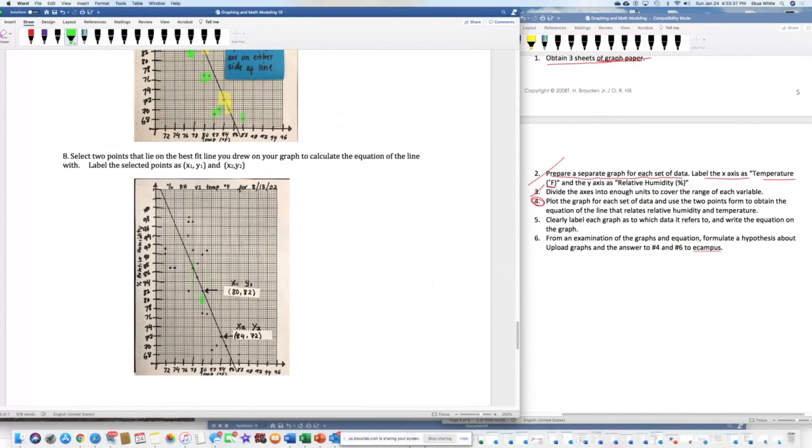So of the 5, pick any 2. I picked this and I picked this. You write it again in the proper order. The x has to be written first. So if you look down here, this x is 80, the y